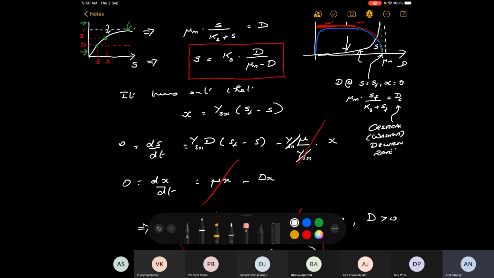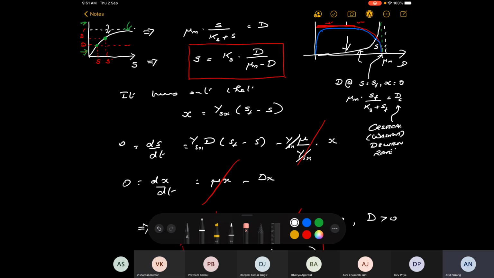Right. So basically, the physical meaning is, if you take a look at the balance for X, you're growing cells at the rate mu times X, and you're removing them at the rate D times X. Now, mu has a certain upper limit. If you make D bigger than that mu, you're drawing out cells faster than the fastest rate at which the cells can grow. So if you make D bigger than that value, X will become equal to zero. And my question is, what is that value of D? Well, that value of D is